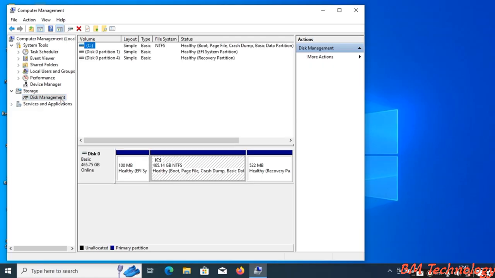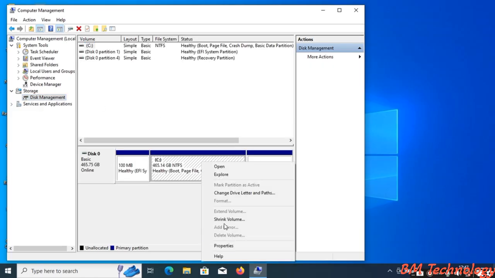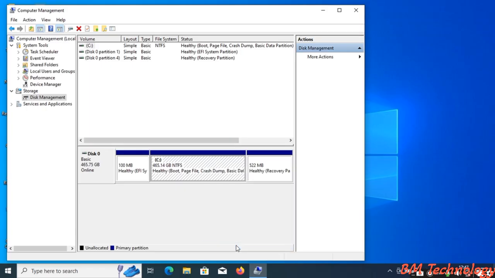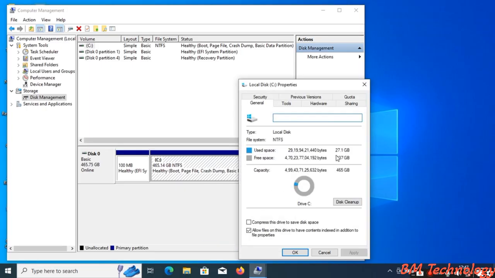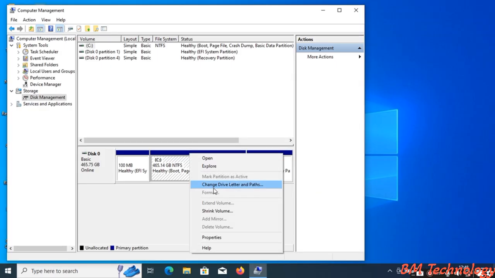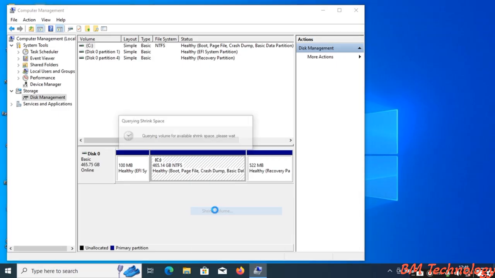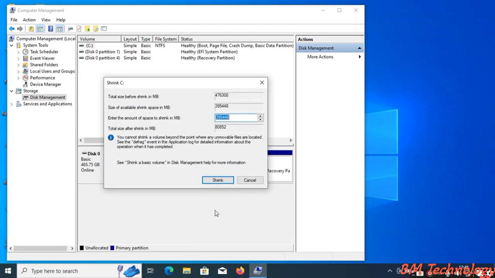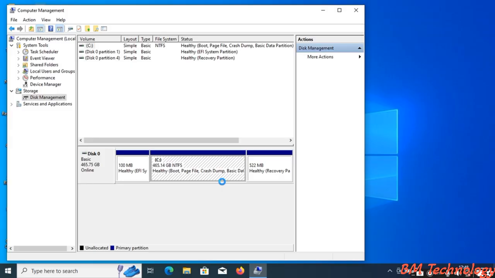After this, right click on C drive, click on Properties. Now you see here 27 GB is used, the other is free. Okay, now click on Cancel. Right click on C drive, click on Shrink Volume. Okay, now there is the option to change the drive size. Okay, I am leaving it as it is. Click on Finish. Okay,